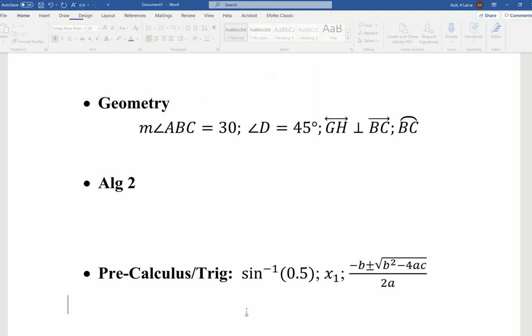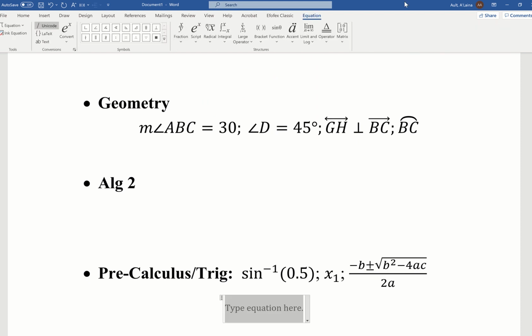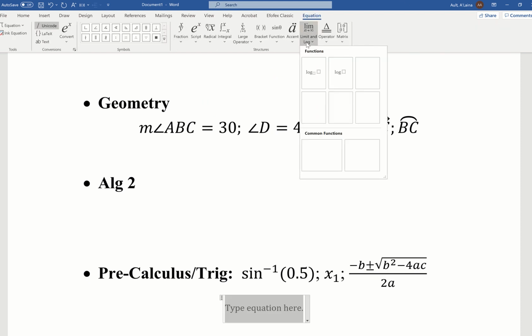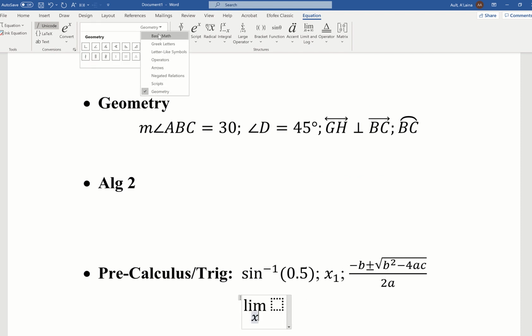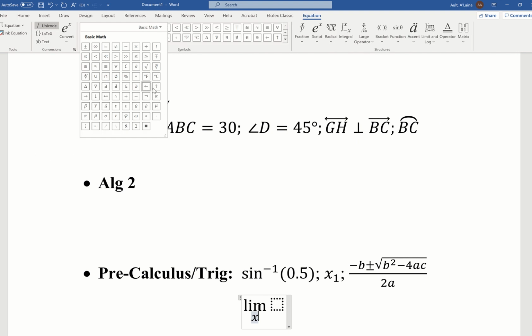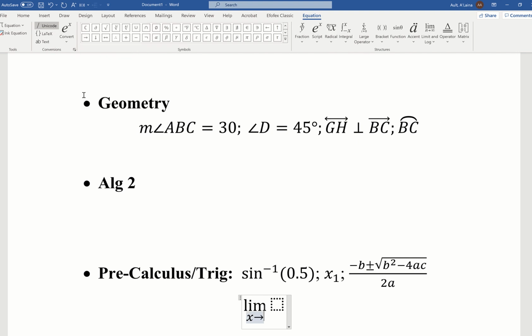Something else that's nice for pre-calc with trig is that you've got your limit notation in here. Oh, and Algebra 2, I guess, I'll add that in. We could do all of the logs. So the limit notation is in here as well, which is great. And then you would use the arrows. I'm just going to go back under basic math, and I could pick the arrows that I want, as x approaches. And it's nice because we do have the infinity symbol in here,